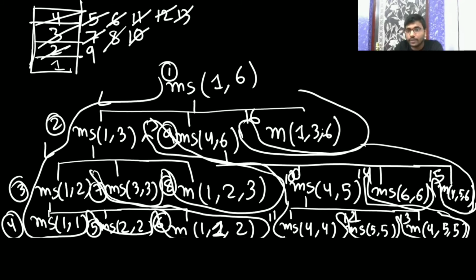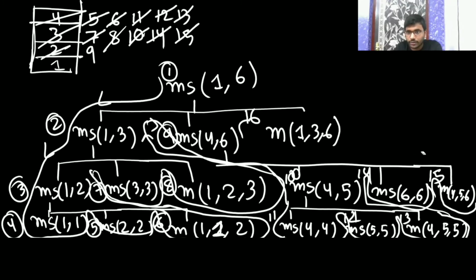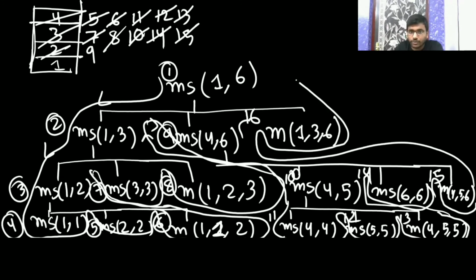Then 10 will be popped, then you will call 14 here, then this will be popped, then you are going to call 15 here, then 15 will be popped, then it will return to here, it will return to here, it will return to here. See, this way it is going to pop, it will return. So this function is going to return here. Okay, then it is going to pop, go there like this. So this is going to be popped.